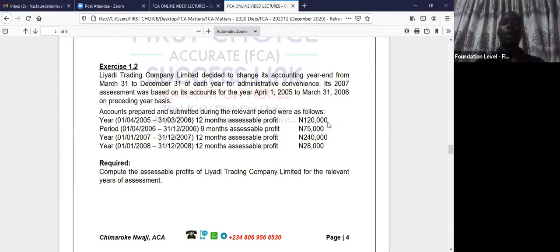Okay, so now we've done commencement of business. Let us now go to what we call the second C, which is the change of accounting date. Okay, now whenever you register your business with the CAC and you are filing your annual returns, now you would have, on the day you are registering your business, you would have,